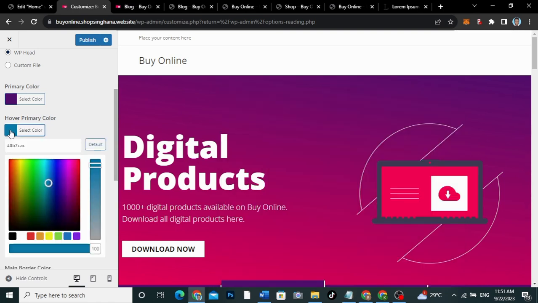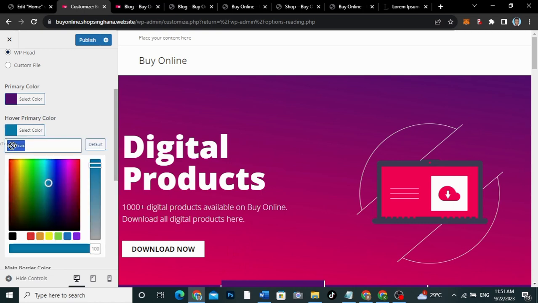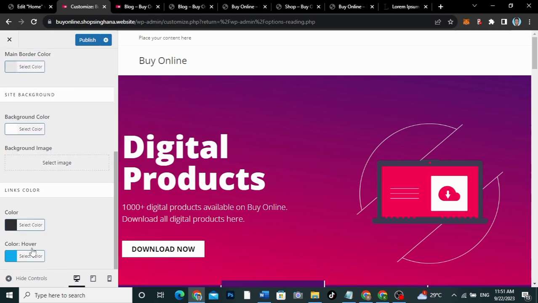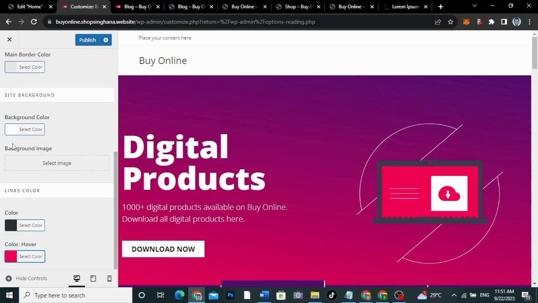Okay, so this particular one that we're going to use, we're going to choose this one over here. Okay, so our hover color is still going to be this pinkish one,